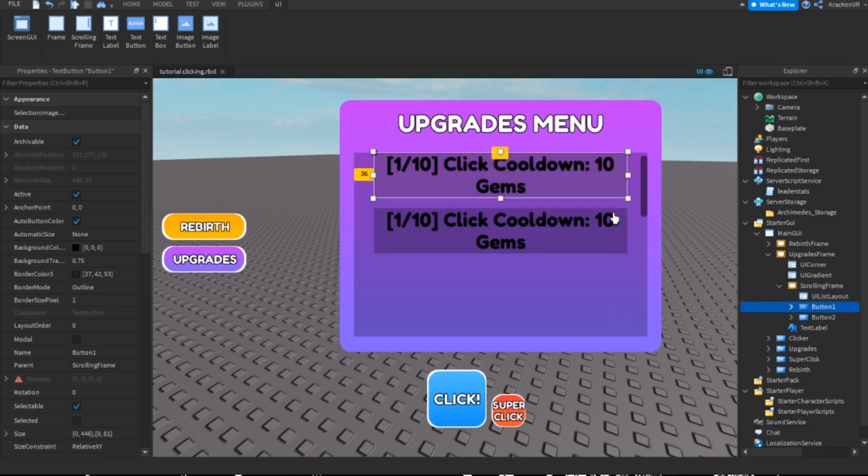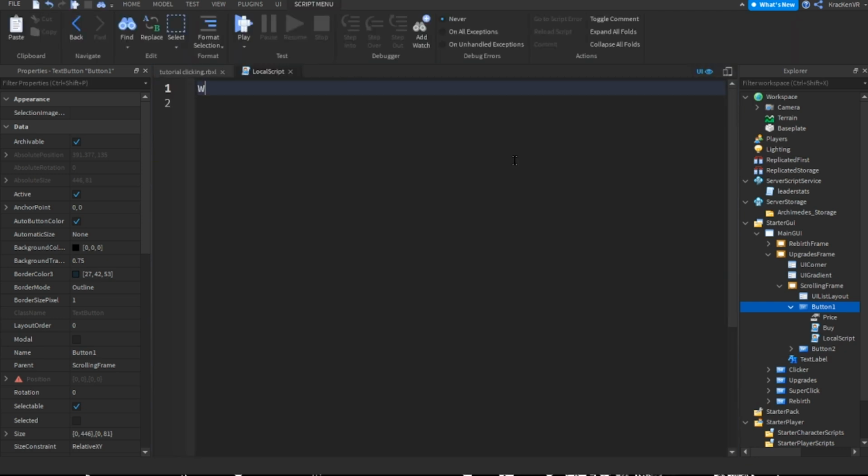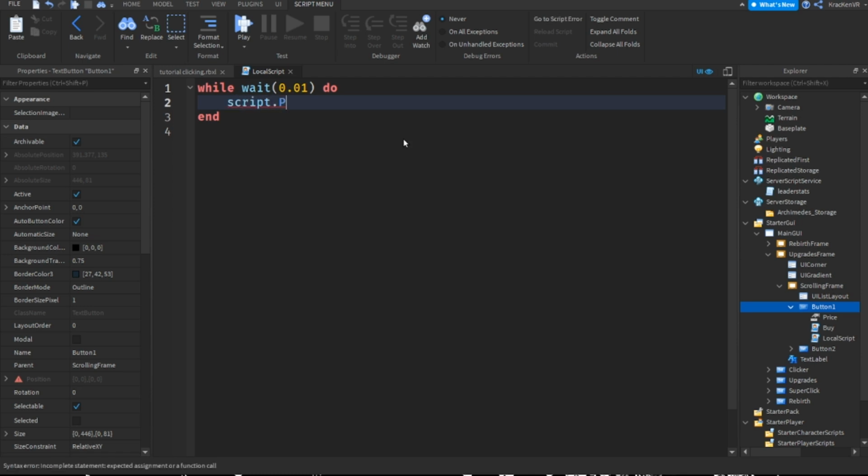Yeah, and then we can add a local script in this button, and do while wait 0.01 do. Now, why do I put this? Basically, like the wait like this, it runs so fast that it can crash your game. So do 0.01 or 0.1. Yeah. And do script dot parent dot text equals to